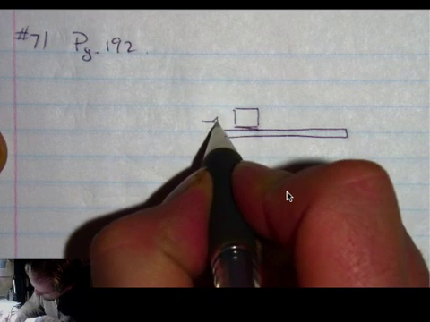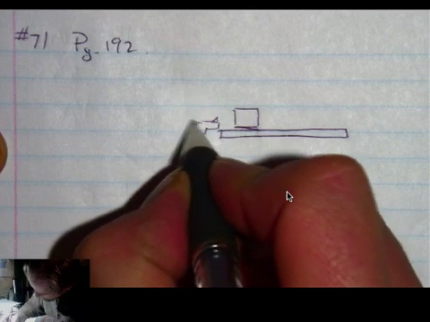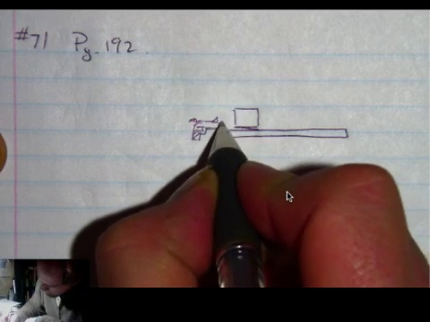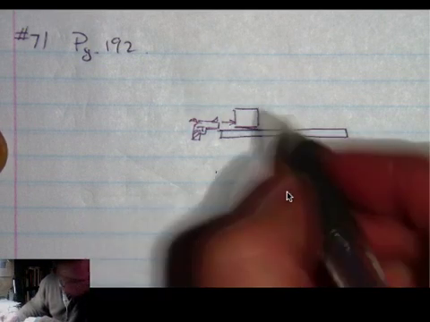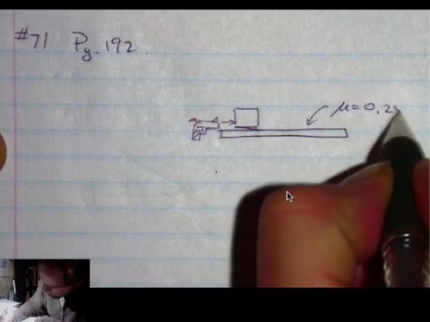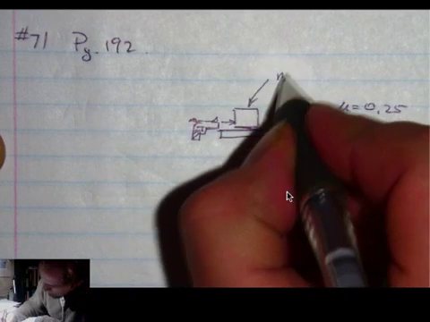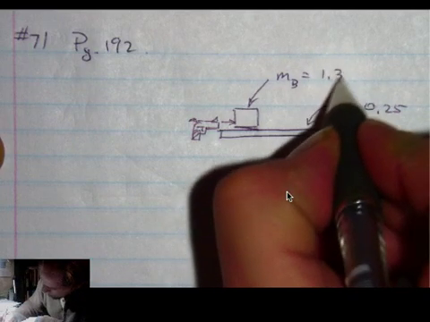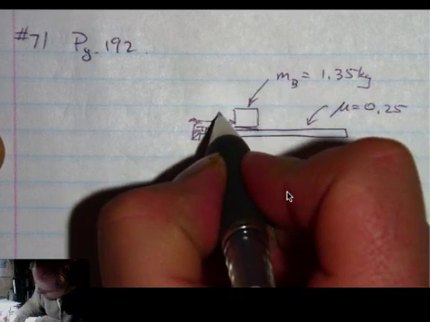There's a gun which is fired, and the bullet will fire and get stuck in that block, and the block's going to slide across this surface which has a coefficient of friction of 0.25, and the block has a mass of 1.35 kilograms. The bullet is 25 grams,